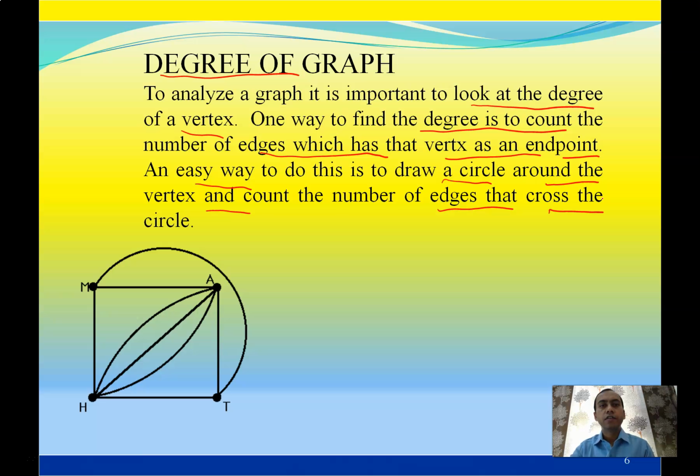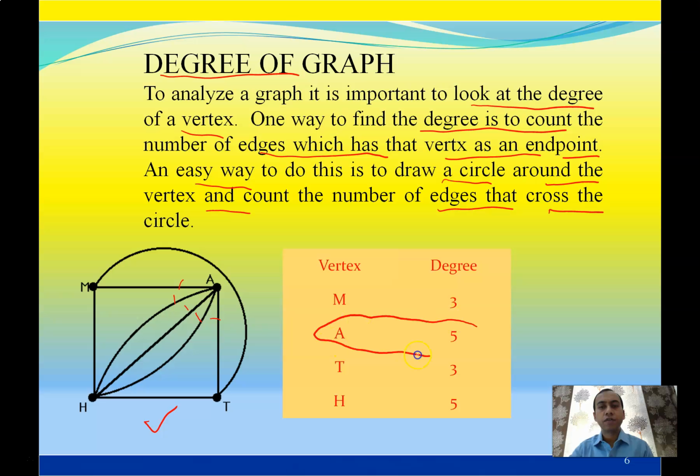Suppose that this is a graph given, and we have to find the degree of a vertex. Suppose we see node A. At node A, how many edges are connected to A? That is called the degree. So this is 1, 2, 3, 4 and 5. So the degree of A is 5. Node A degree is 5.